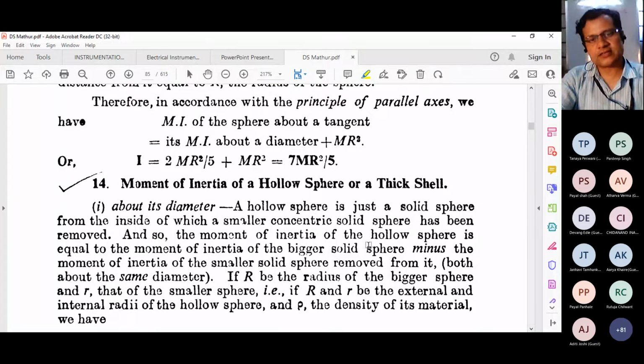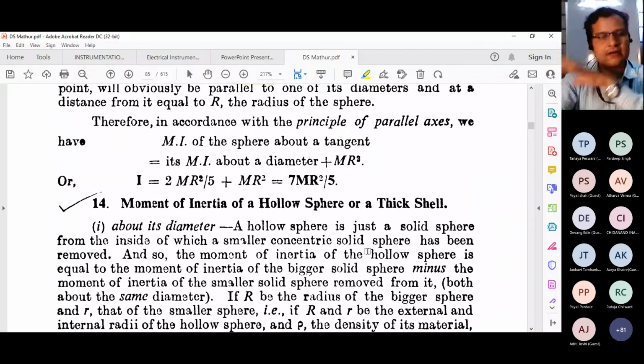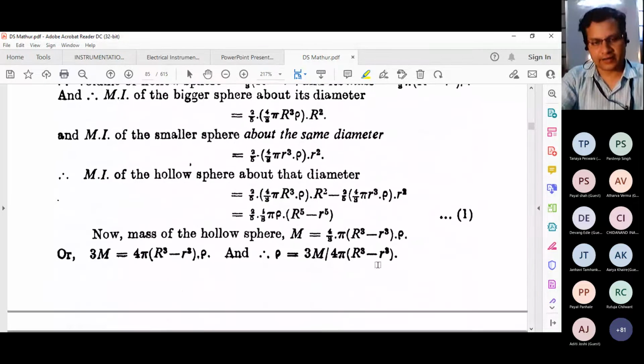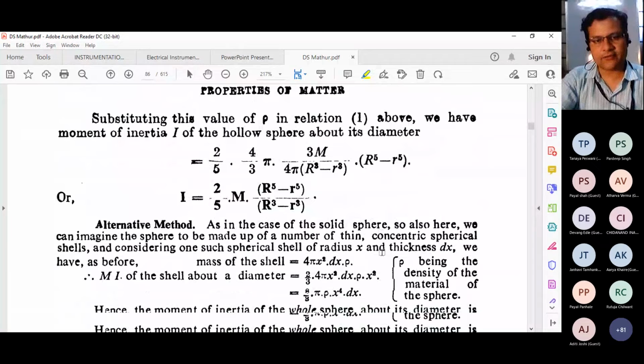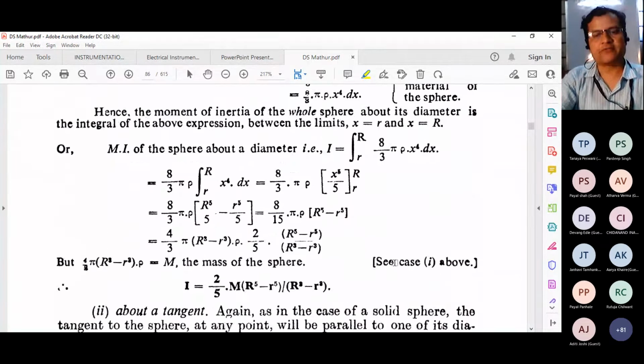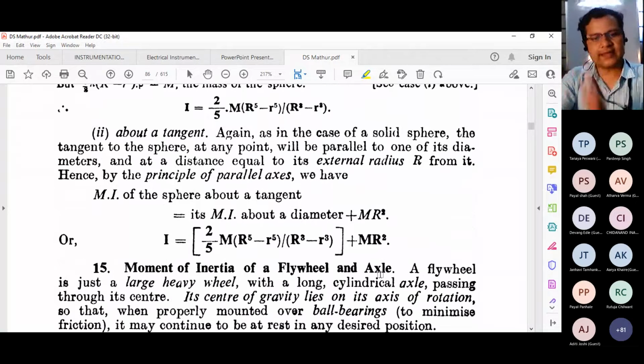Might be a spherical shell, which is hollow inside. Hollow sphere, you say, when you say hollow sphere, it is a thick shell. When you say solid sphere, it is completely homogeneous. But the formulas of the moment of inertia that you derived are different. Remember that. So these are the formulas we need to derive and we need to remember sometimes for solving some problems. So make a list of what we have done. Already flywheel and axle things we have done.